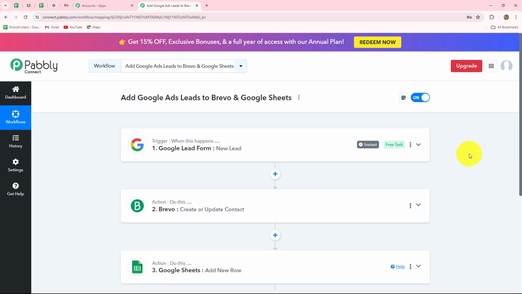The next automation is also an amazing automation. This is add Google Ad leads to Brevo and Google Sheets. Now, this is an amazing dual integration automation which can help you a lot for lead nurturing. Now, imagine you are running a fitness center and use Google Ads to attract new clients who are interested in fitness. With this automation, you can automatically transfer your leads which are generated through Google lead gen form to